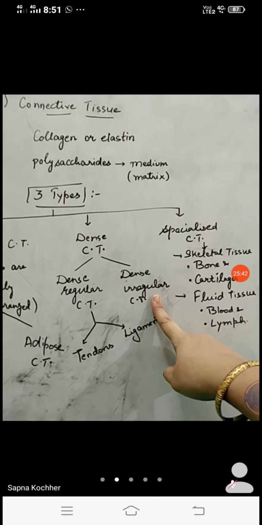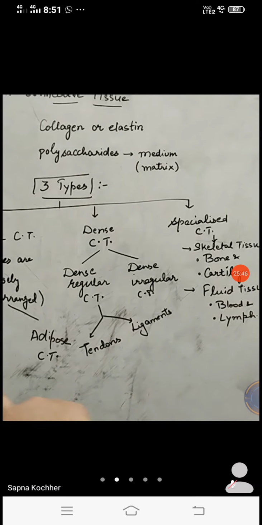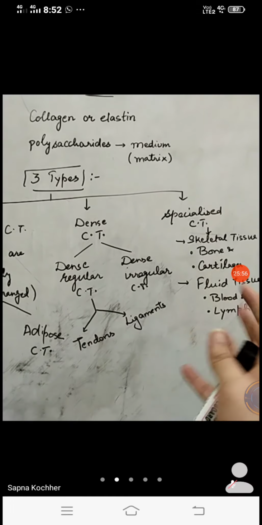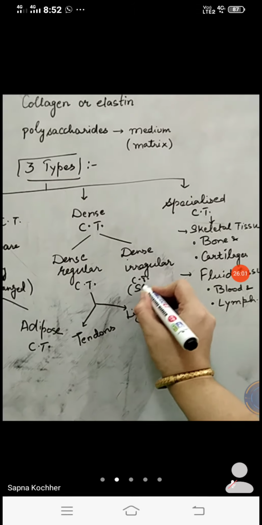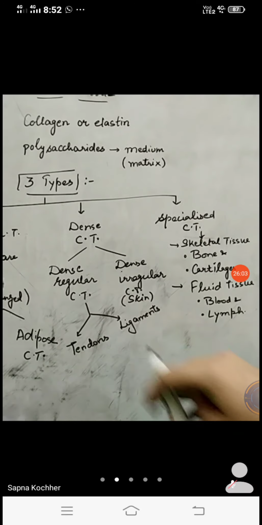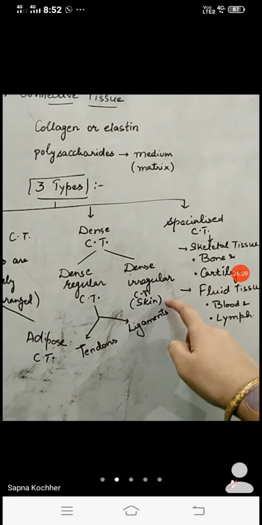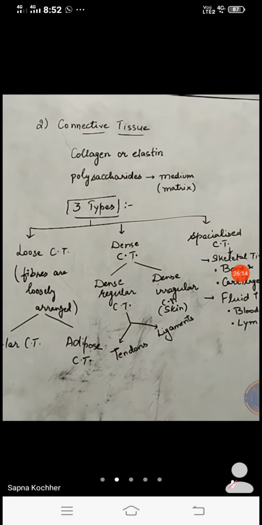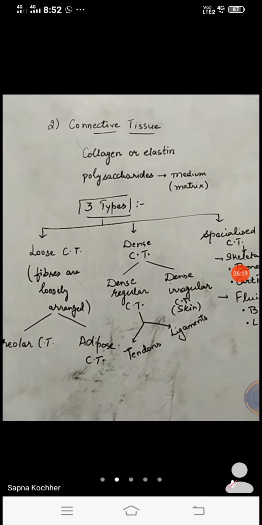What about the dense irregular connective tissue? We have already studied these five categories in our ninth class also, but we have not touched this particular part, that is the dense irregular connective tissue. Actually, this is a kind of tissue which is highly spread in our body and is irregularly arranged, and it is seen in the skin. So the skin provides one kind of connective tissue itself, and that is called a dense irregular connective tissue. Okay, so skin is also a kind of connective tissue belonging to the category of dense irregular connective tissue. Fine.